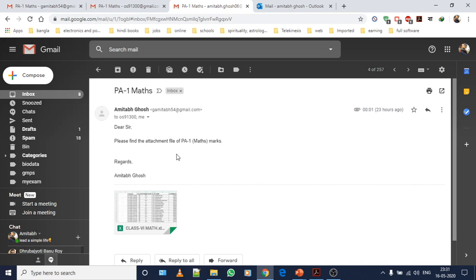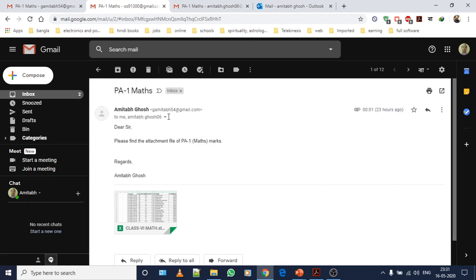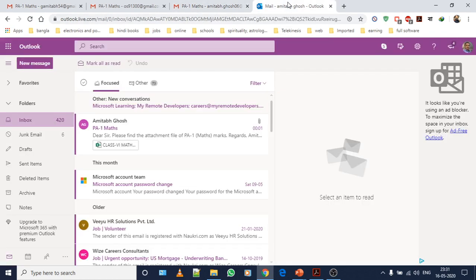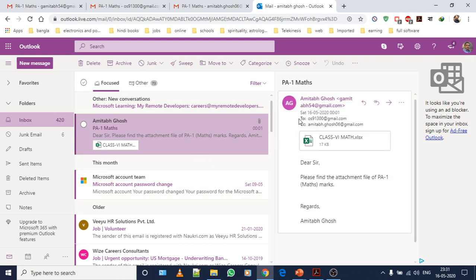The same message that you are seeing in the To section, the same message you receive at your mail account. Now let's check the third one. Click over the message that is sent by GAmitav54. Click over here, and on the right hand side it will show you the preview of the message.